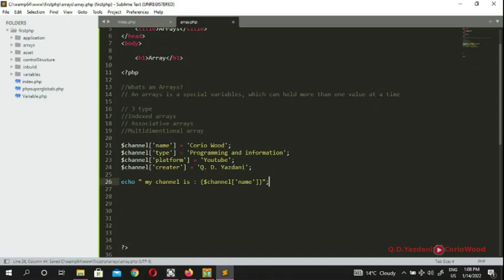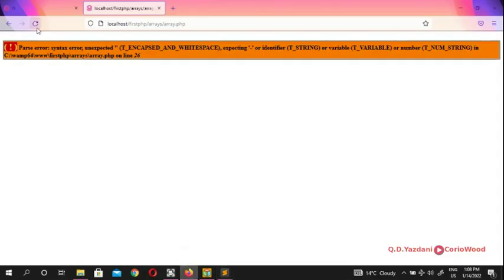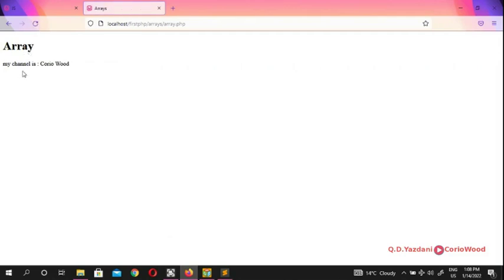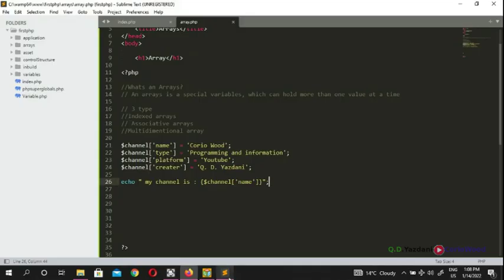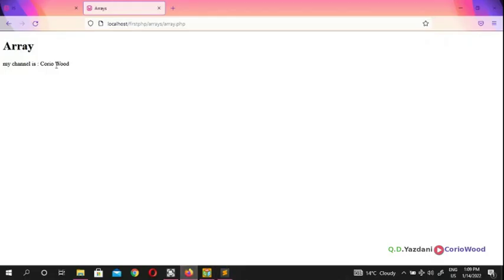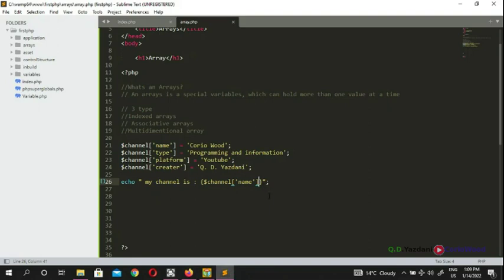So you can embed your array inside the string. If I come here and look, my channel Korai. So this is the way you can embed. It's exactly like Kotlin. Kotlin has the same. So you can embed whatever arrays you have inside your website. You can do it this way. So Korai Wood, and then you continue,